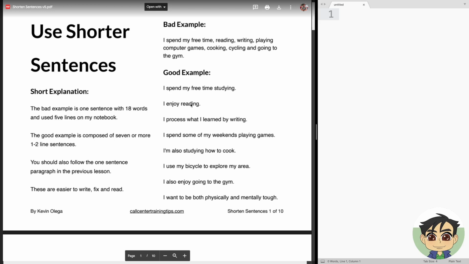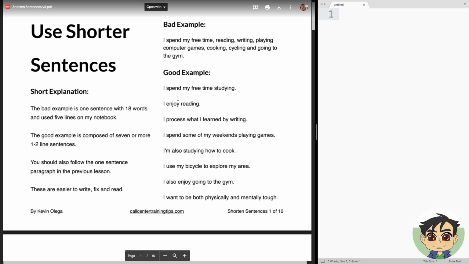But here's the problem: a lot of you have this habit of building a sentence with a lot of ideas. So a lot of your sentences follow the bad example format where you have lots of ideas crammed into one sentence. I'm not asking you to write lots of sentences that have many ideas. You do not need to compress your ideas in one sentence. What I'm asking you to do is to write multiple sentences that only have one idea each.